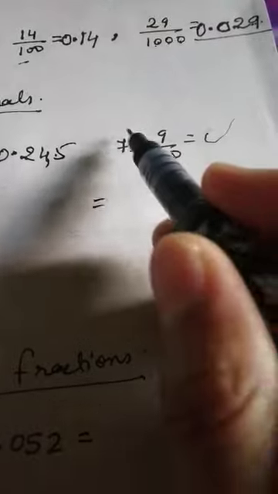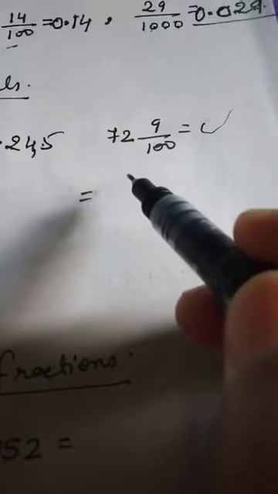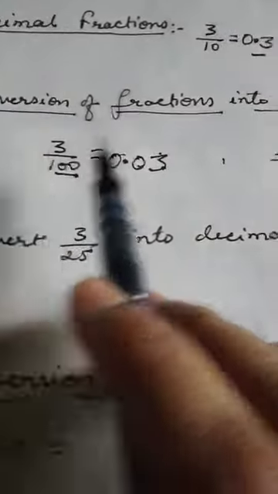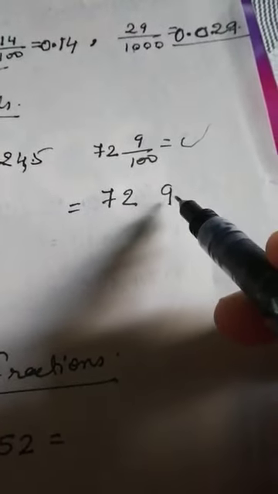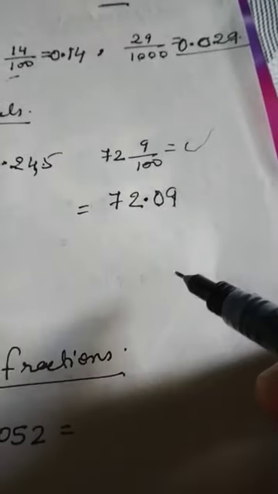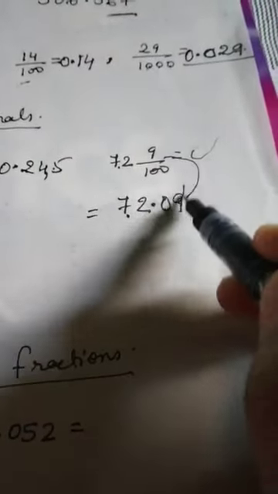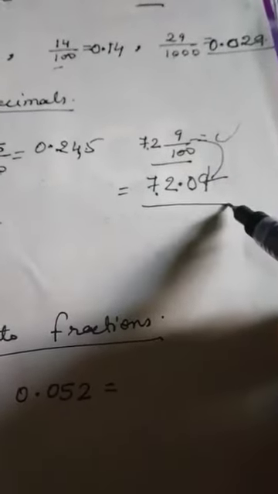Now this is a mixed form. So in the mixed form, this is the whole number and this is the decimal fraction. The whole number you write down as it is, 72. But the decimal fraction, in the same way you have to change as we have changed these numbers. Here is 20, so we have to put the decimal after 2 digits, 1, 2. Here we will put one decimal. And the whole number will be as it is. This is the way you can change the decimal fraction into a decimal number. Got it?